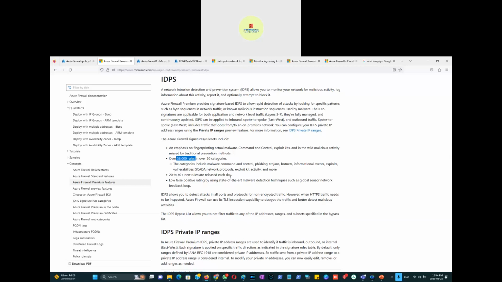So 20 to 40 plus new rules are released each day. When they discover there's another method to hack, they create a remediation for that, and then they add it to that rules list. So newer ways of attack are detected each day, and newer solutions to prevent those attacks are also added there each day. So premium features really are very cool, and all new types of attack information is added here,